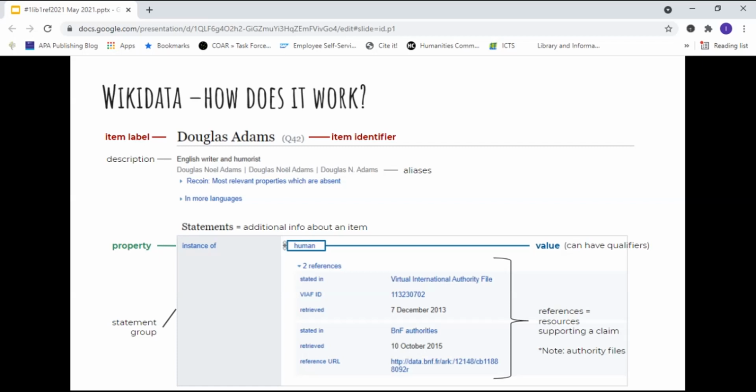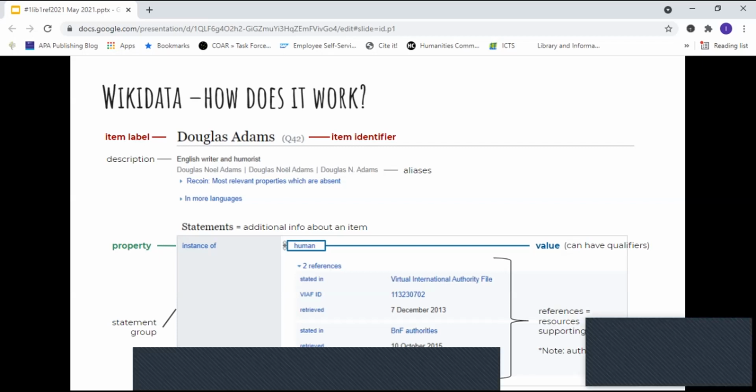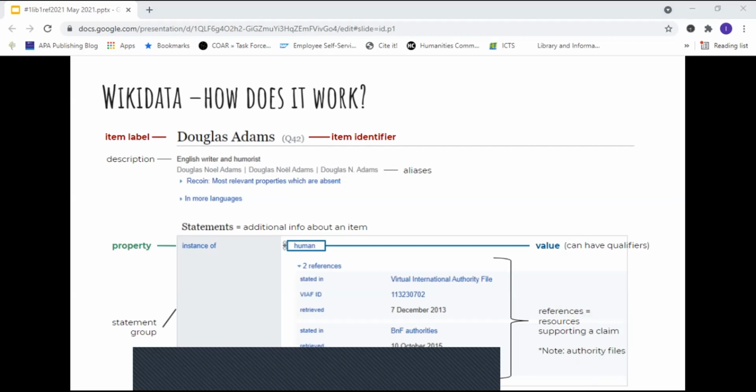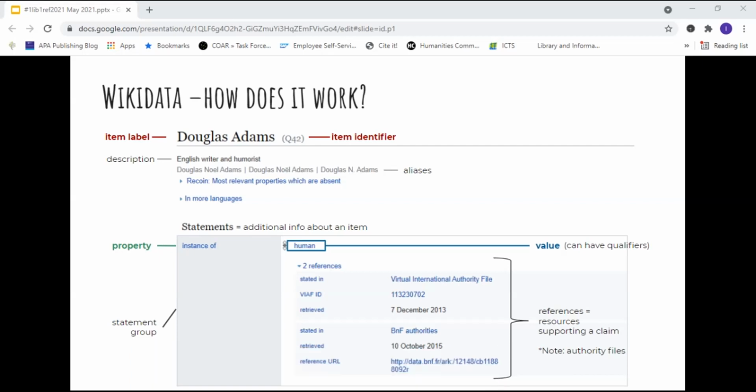In Wikidata, properties are represented by the letter P followed by a number. A property also takes a value. So a value can be text, a number, or even another item itself. The item property value is a triple that constitutes a statement. Multiple statements are stored within a single item.